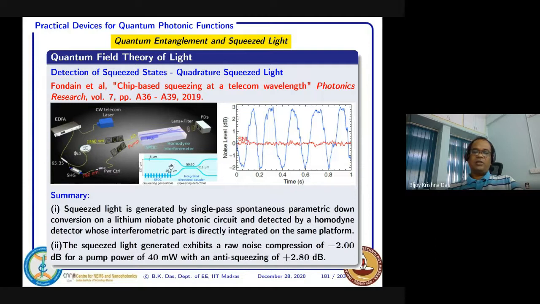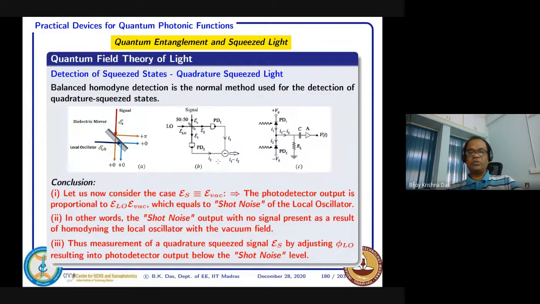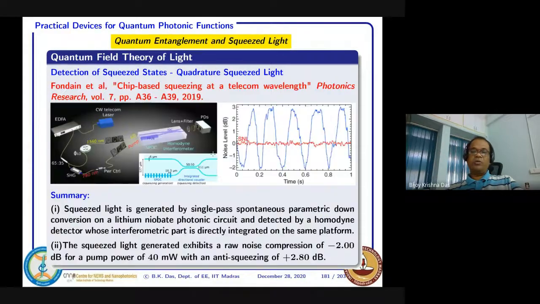Okay. And then you are combining, and these two outputs again, it's similar to this one. These two outputs, you are sending one to photodetector 1, another to photodetector 2. Okay. And then you are combining them, so that is subtracting. And as you know, to check whether they are squeezed or not, you have to test that. So for that, you need to change the phase of your local oscillator.